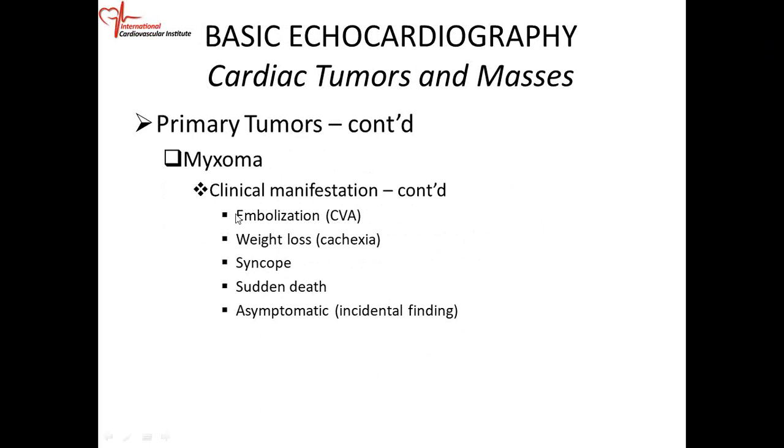So, in terms of clinical presentations, CVA, and the mechanism there is usually embolization, because on these myxomas, you can have